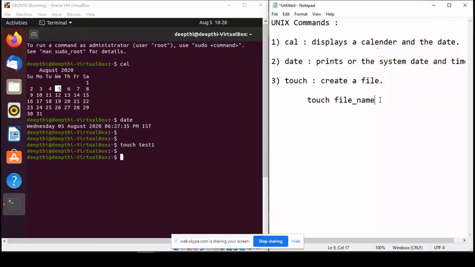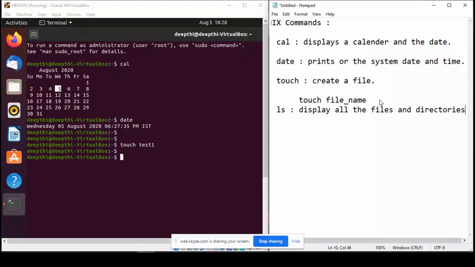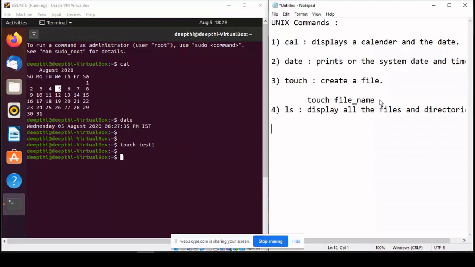So what we will do is we have another command for this, that is ls. So it will display all the files and directories. So now we'll simply write ls here and we will see what are the different files and directories available.